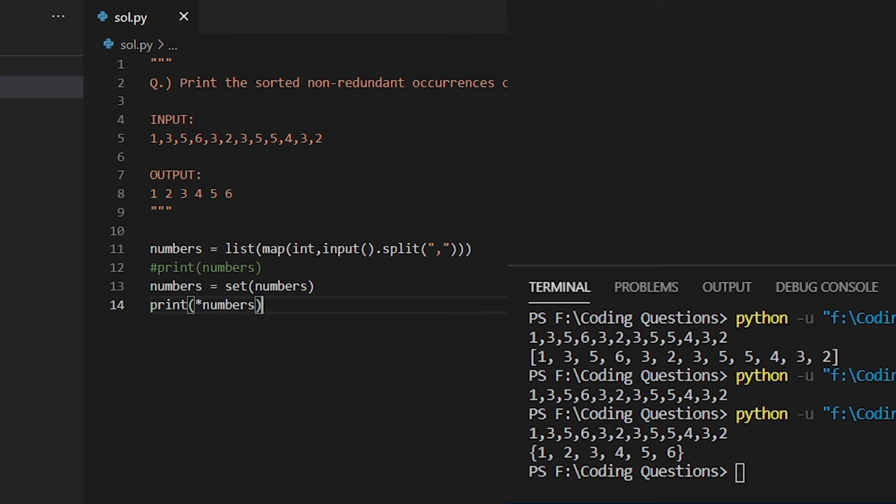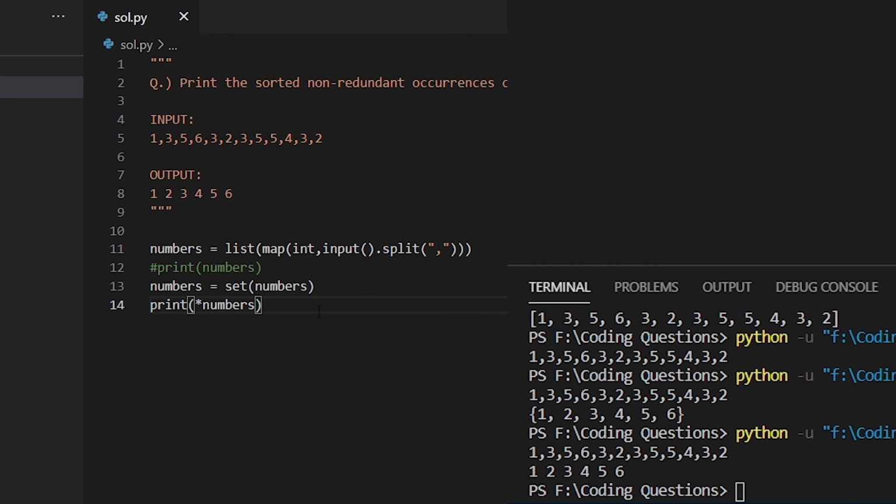So if we try to print this right now, some unnecessary operations which you have avoided in this case are that you have avoided unnecessary sorting of your numbers, and you have also avoided creation of another list for storing your numbers, which you would sort and then print. So in this case your memory and your time is also saved. So this is one efficient way of coding your problems.